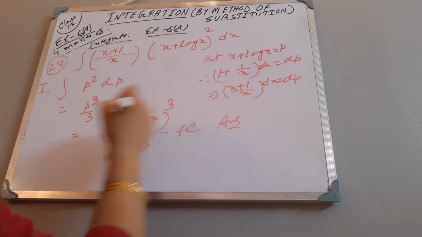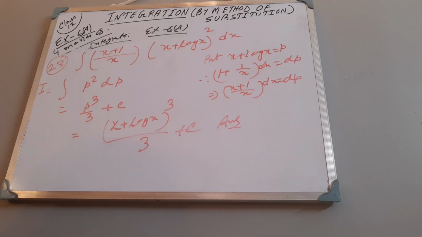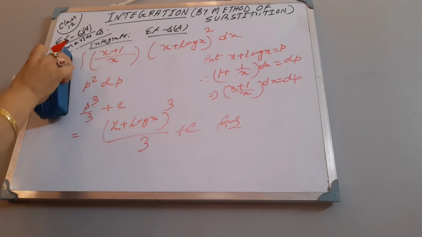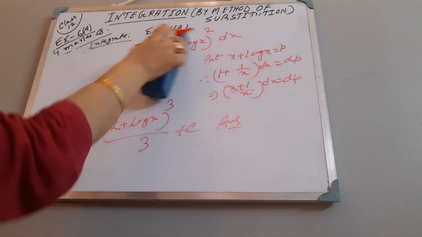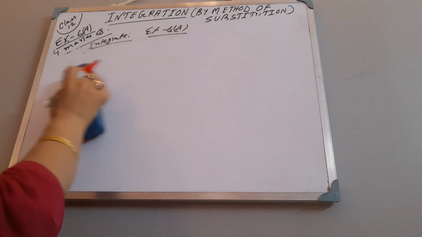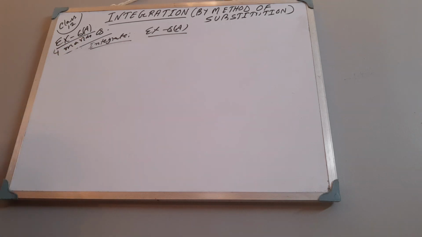Very simple. This is not at all a 4 marks question, but it's given in the book, nothing to do. This is the next sum, number 32. Few questions you will get like this. It is given in the 4 marks part, but actually I think these sums are only 2 marks questions.